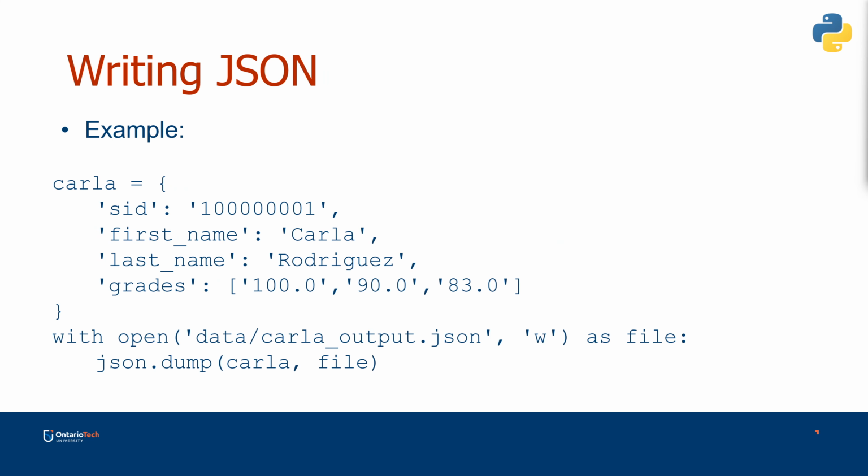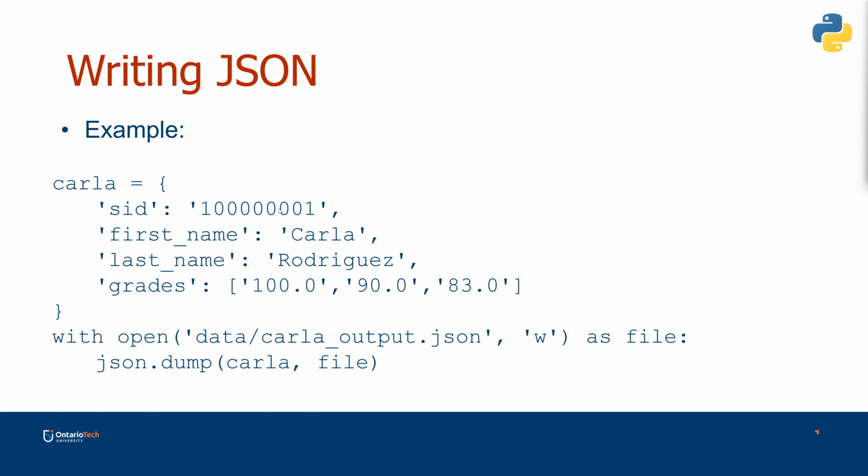And then you can also write a JSON file in a very similar way. So here I've got a Python dictionary called Carla. We're just doing the opposite. I'm declaring four fields in that dictionary, and I've made all the values strings just to match the version that we saw a couple slides back in the JSON example. But